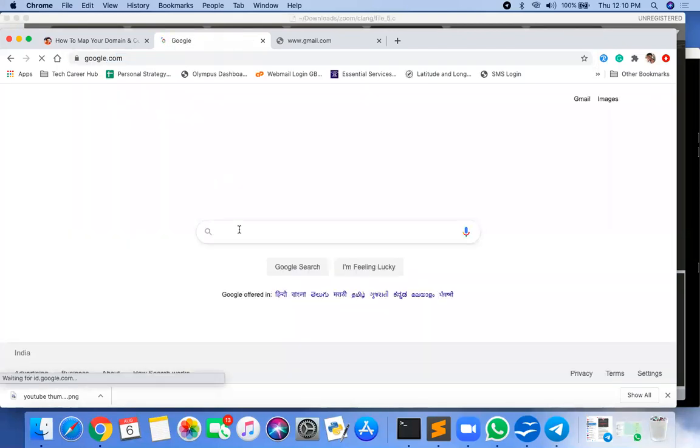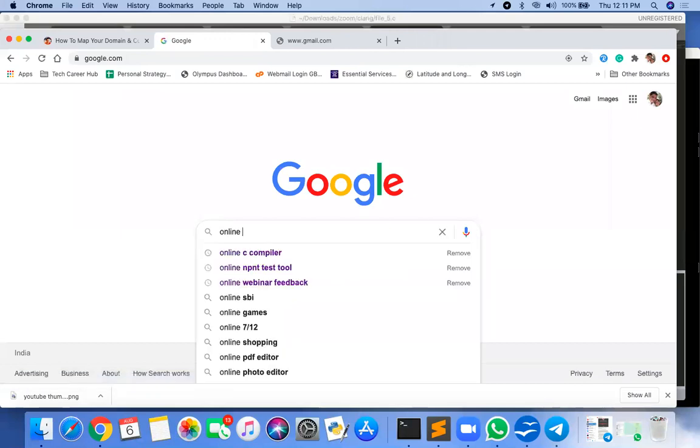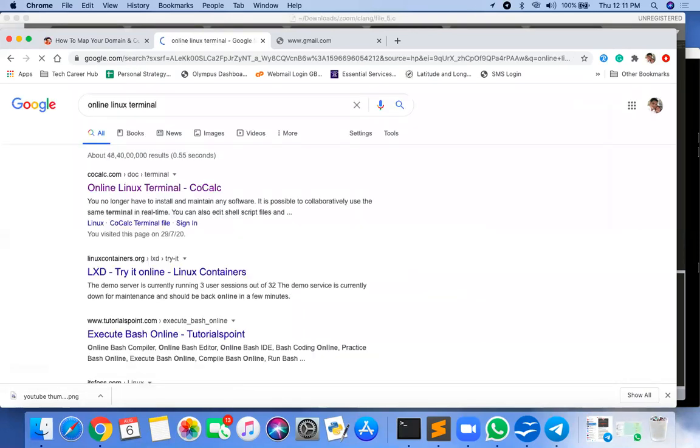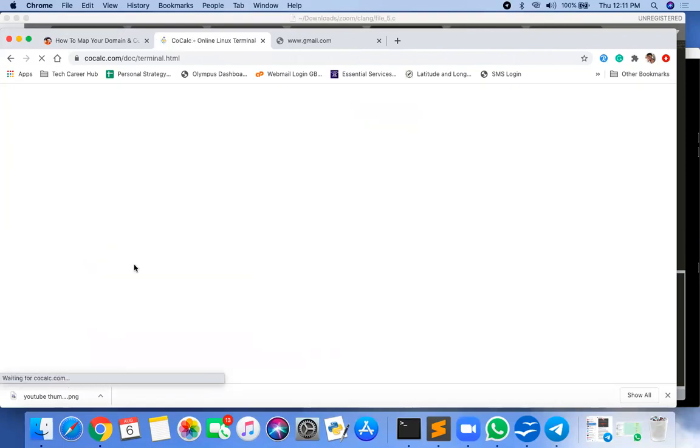I shared that thing: an online Linux terminal. Yes, this is cocal.com. I will share this online Linux terminal with you. You will get a terminal there. You create a file.